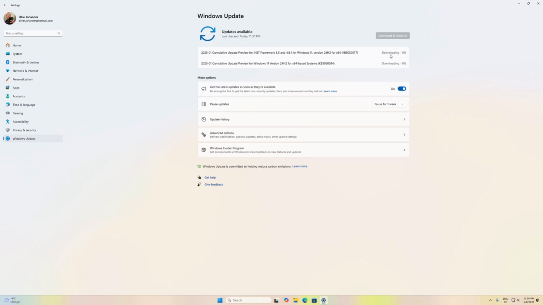So now it's gonna download the KB 50094 update, which is actually gonna take a while. So